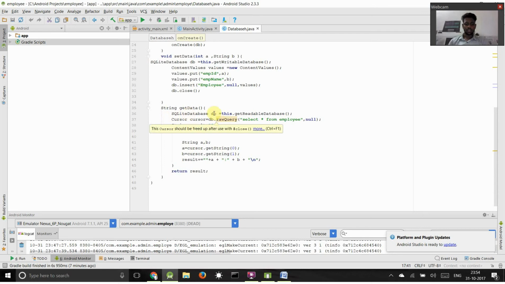We have to create a readable database this time to get the data, and we have to create a cursor so that this raw query can be executed. So just select star from employee and null. This displays all the values that we have in the table. So we have created a string which stores the result, and this cursor will